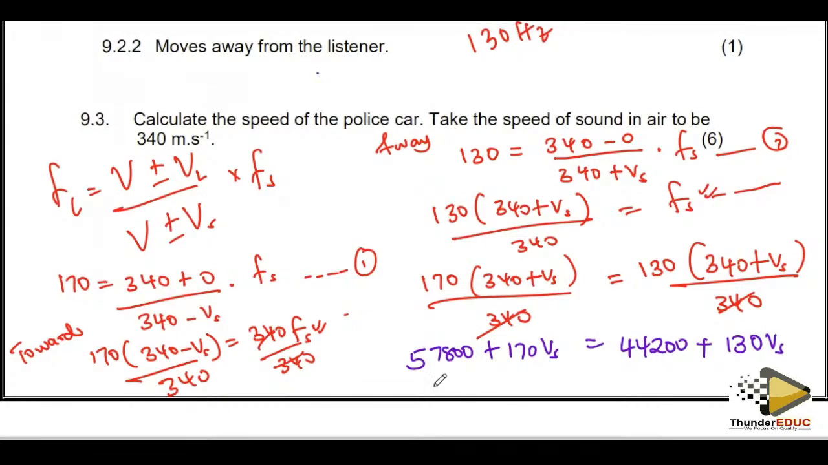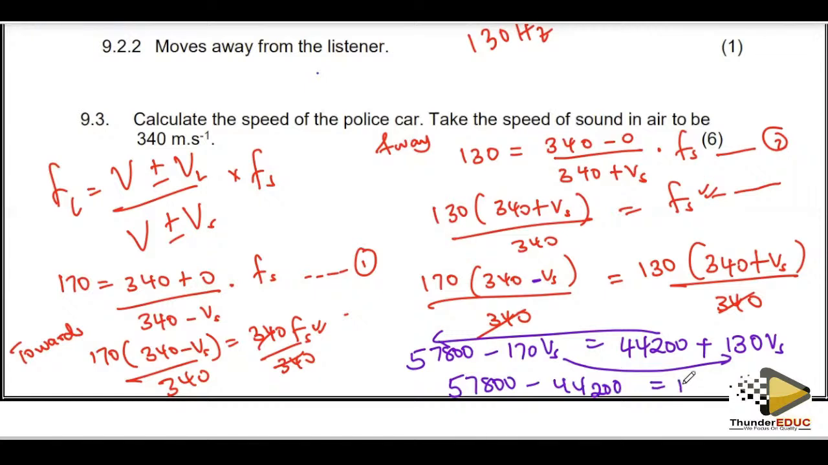What did you do? Your signs, your signs. This is a minus. So it's saying this is a minus, which means it's a minus as well. Then I'll move this side, and then I can move that side. So it's 57800 minus 44200 is equal to 130 Vs plus the 170 Vs. So 57800 minus the 44200 is giving me